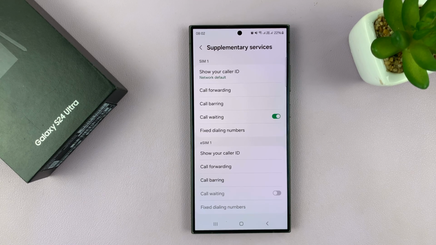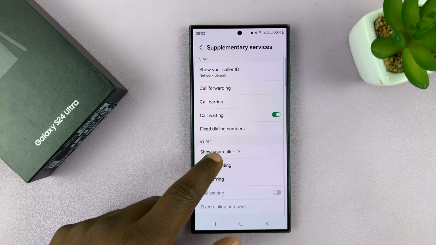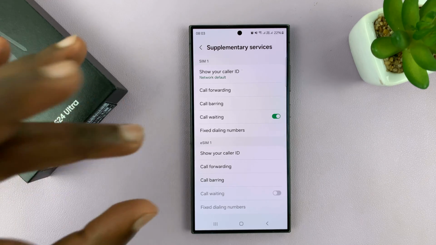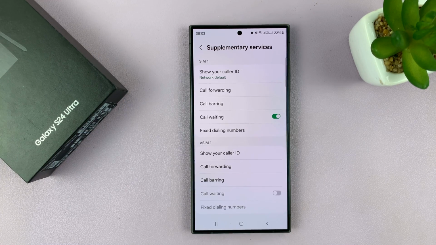S24. Call waiting basically means, like, if you're currently in a phone call and someone else is trying to call you, instead of cutting them off and telling you that the user is busy, or telling the other person that you are busy, you're just going to see the call come up on the screen as you're still talking to the other contact, and then you can choose whether to hold and receive or maybe end your current call. It's basically up to you. The call will be there, but it's going to be waiting. And that's basically how to enable call waiting on your Galaxy